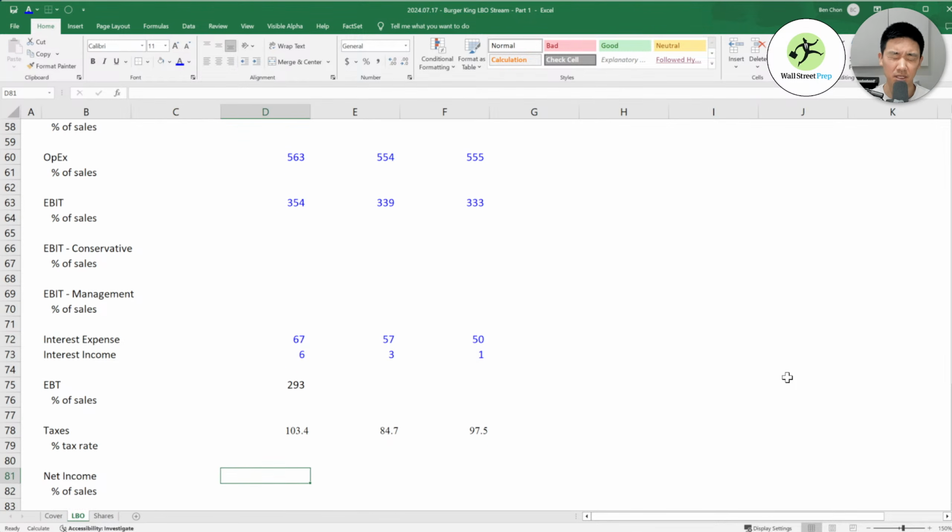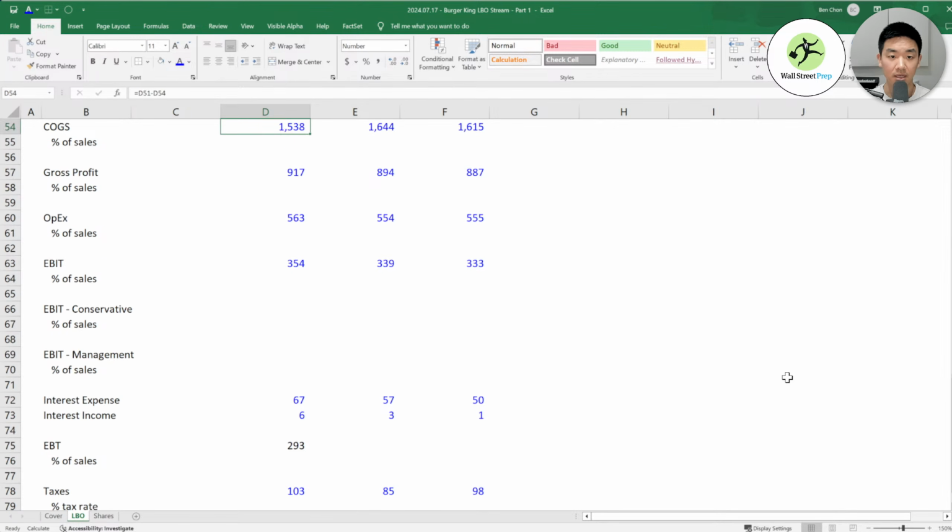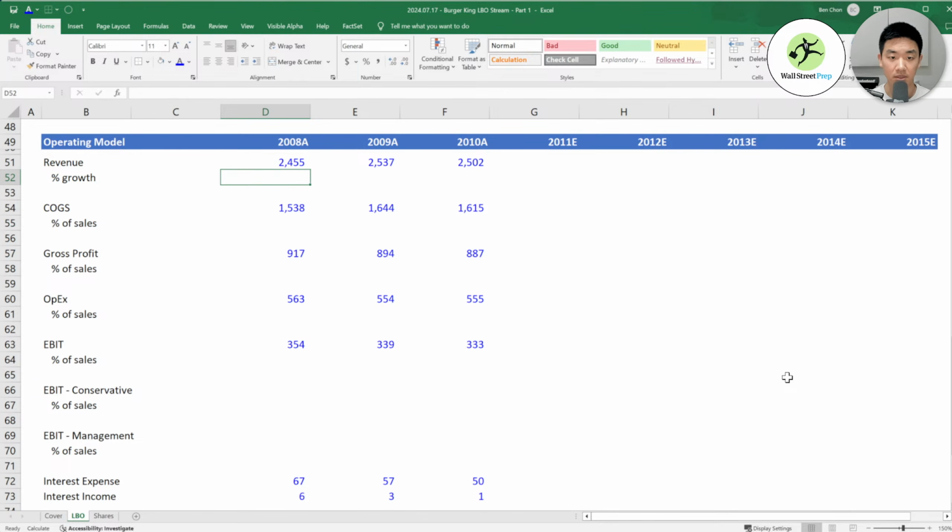And later on, when you download this model, you don't need to do all of this stuff I'm doing. This is very tedious stuff. But I guess good maybe to see how to do it. Okay, so this was a hard code. And then let's get the percent of, well, first we need growth.